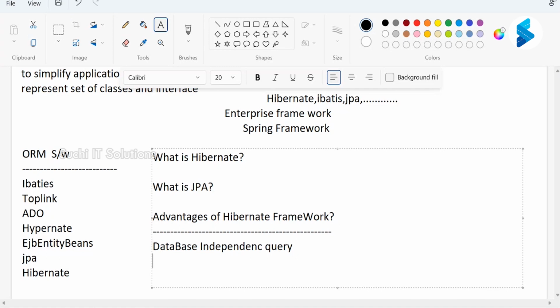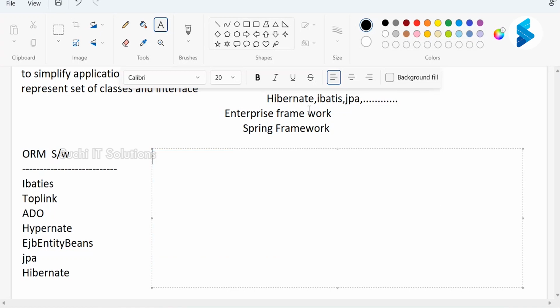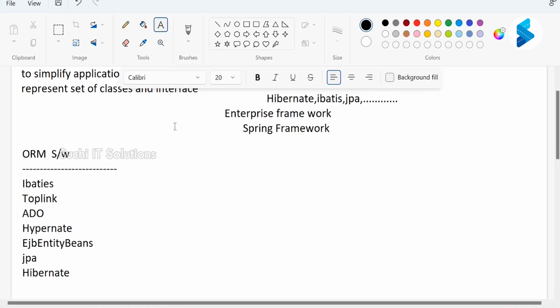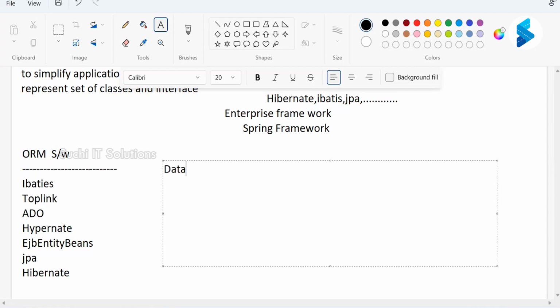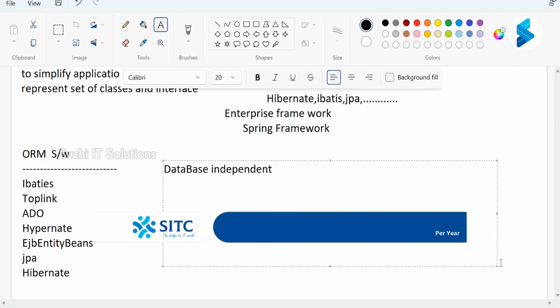Can you simplify this? Yes, I will. This is the major difference between JDBC and Hibernate. When you write a query in JDBC, the query is database dependent. But at the Hibernate level, it is database independent. The queries are database independent, guys, because the queries are designed using Java statements.